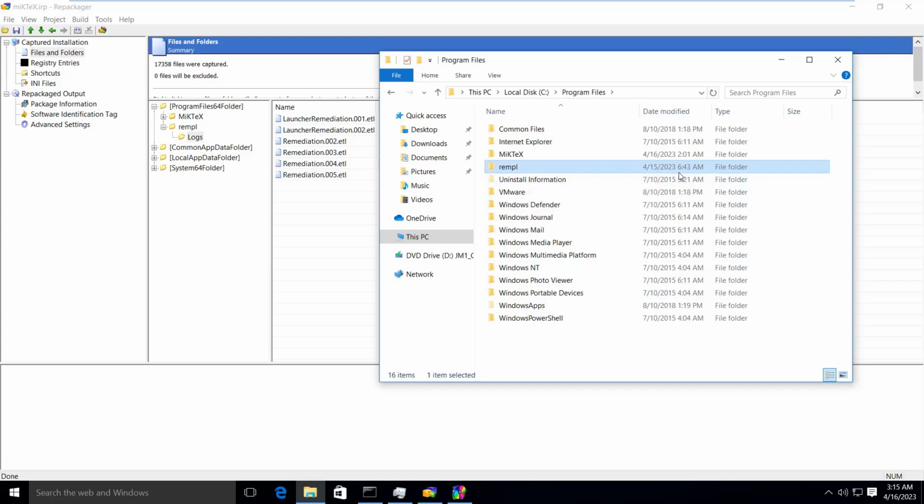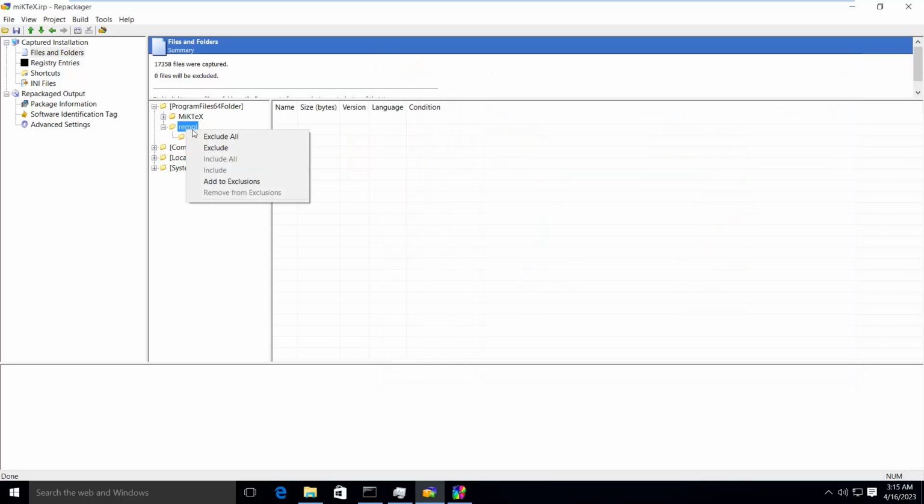How have we figured it out? We have figured it out with the timestamp, because this is yesterday's date, 15th April. So what we are going to do is exclude all of these, as they are not related to our application. Now coming to the program file common app data. Here if I expand,